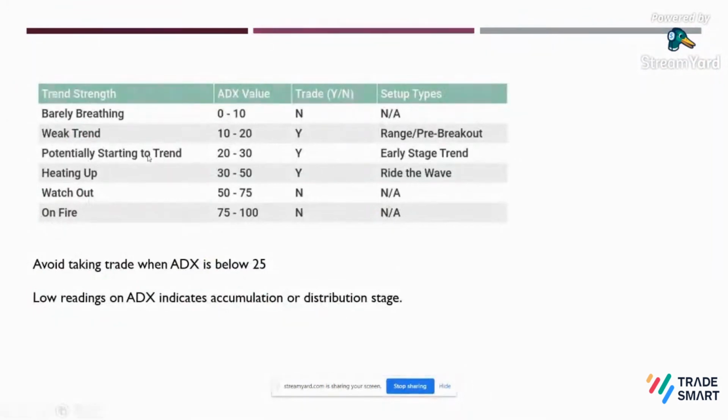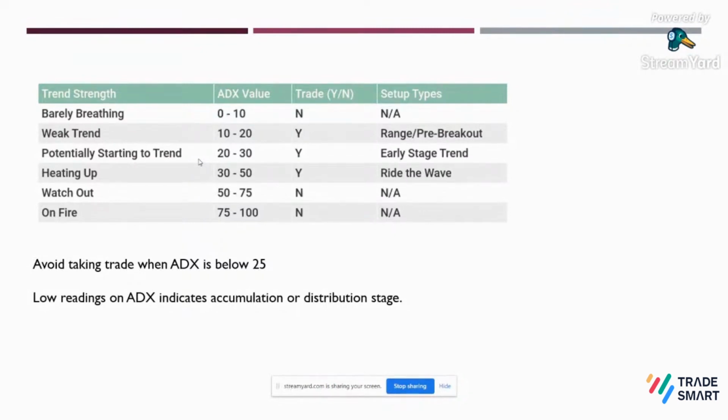When we have a clear indication, when ADX is above 25 reading, that's the early stage of any trend. So that is a very significant number, 25. That will definitely give us a standard to judge any trend. It gives us an early stage signal. As soon as the ADX reading starts increasing, it is showing the strength of the trend.